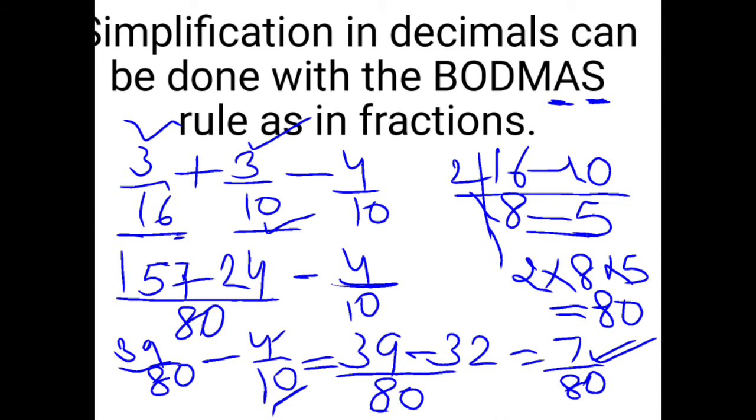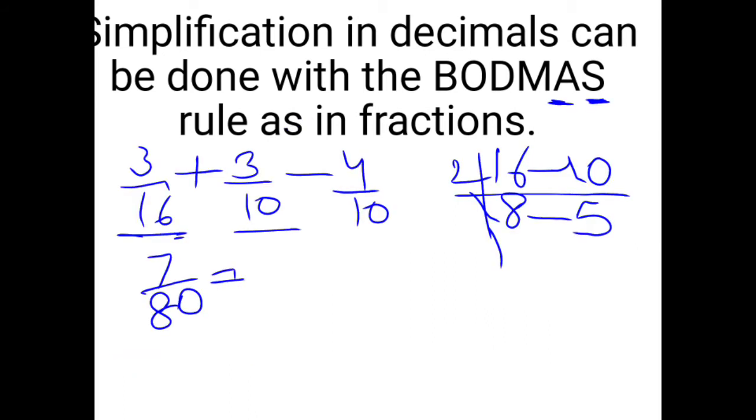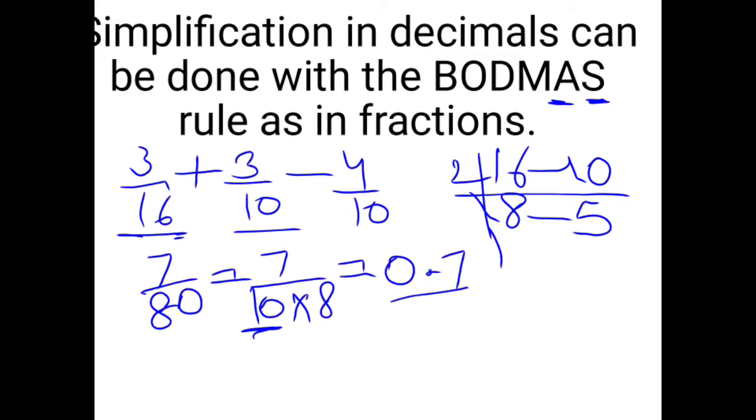For that, what you can do, just wait. We can write it as 7 divided by 10 multiplied by 8. As there is 10, we can apply the decimal in the above term. What does it become? It becomes 0.7, and this one is 8. Now we have to divide this 0.7 by 8, or directly you can divide 7 by 80 also here.